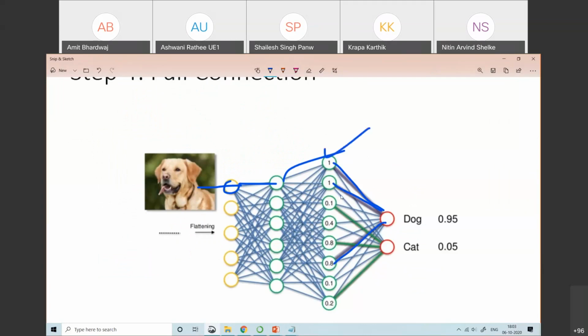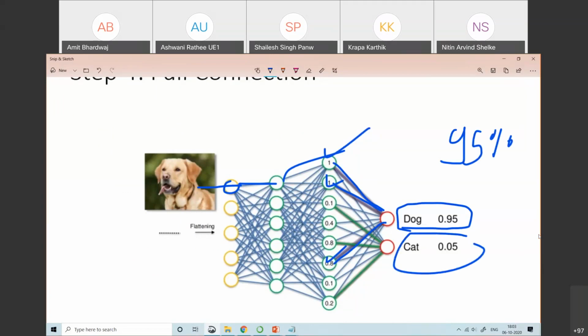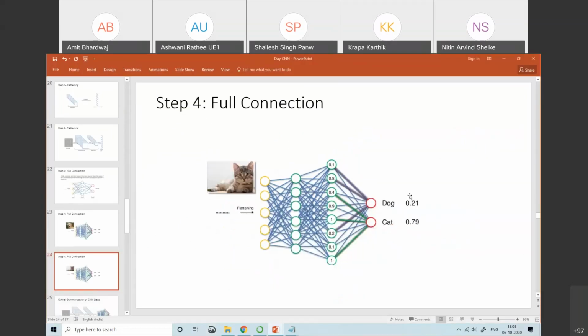These three features tell us the dog has a 95% probability of being classified, whereas cat has 5%. Likewise for the cat, the same thing.